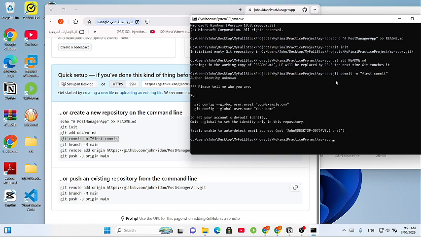It says, please tell who you are. Run git config --global user.name and user.email to set your account's default identity. That is actually fine. Let's go ahead and do what we have to do first. Git config --global. I'm just going to type my email here, user.email,